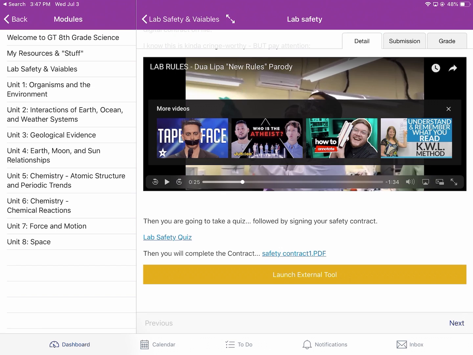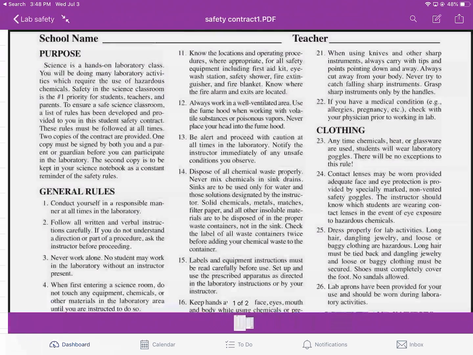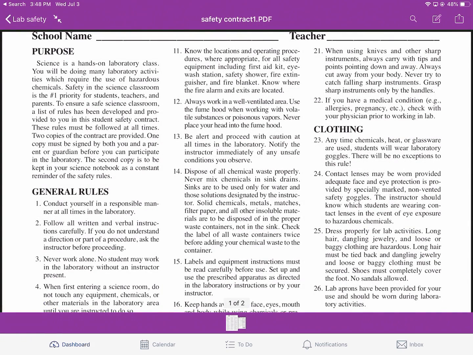I'm going to click back to lab safety. The external tool will allow them to download the PDF. But if you notice on mine, it says then you will complete the contract, and then there's the PDF link. The bonus of having it as a PDF link is when they click on it, it actually shows them what it looks like. If you look at the top row, modules are there, the lab safety caret, and then the arrows that look like they're going back and forth away from each other. I'm going to click that,